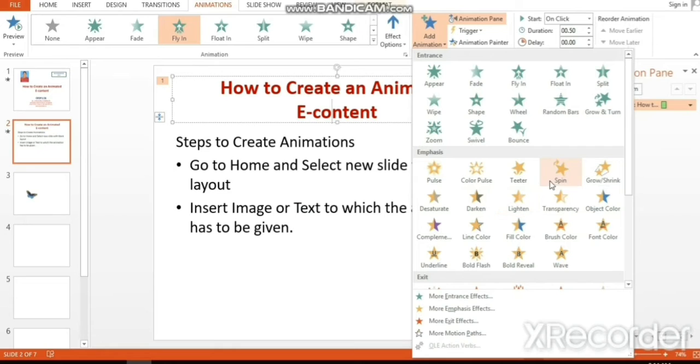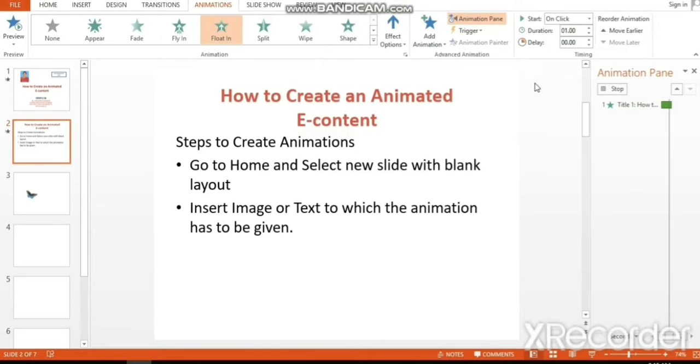So I am selecting this float in option. It comes like this. Immediately you have noticed that the effect you have given displays in the slide pane.